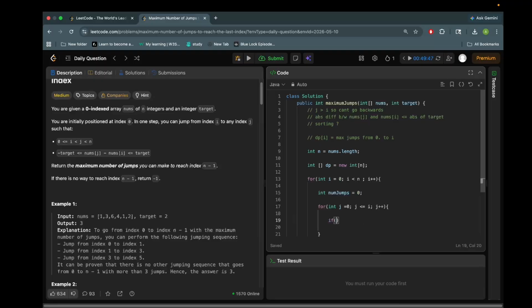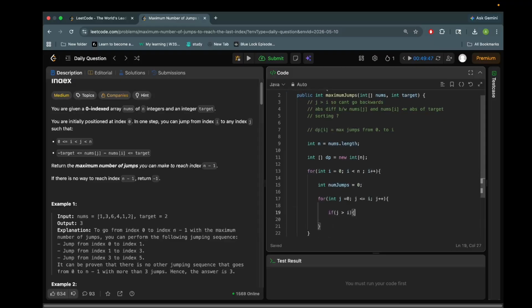If j is greater than i, then we check, if j is greater than i, and integer value equals nums[j] minus nums[i],